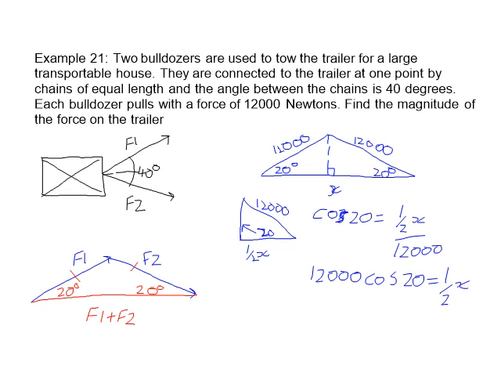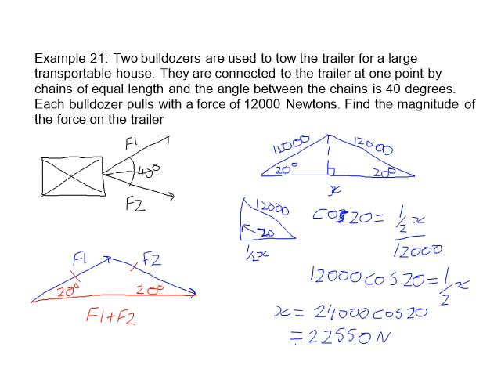Now I'm going to just write it around the other way. But I'm going to get rid of dividing by 2 because that's a half. And I'm going to times by 2 because it's the inverse. So x equals 24,000 cos 20. So x equals 22,550 newtons. Now that's an approximation